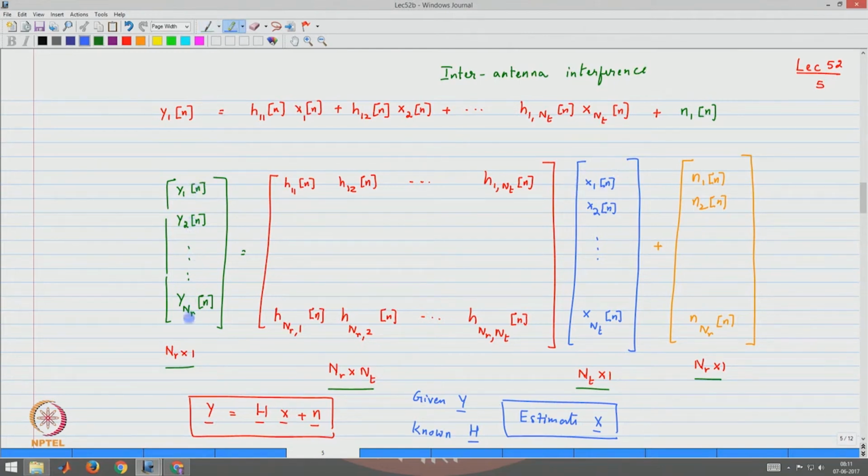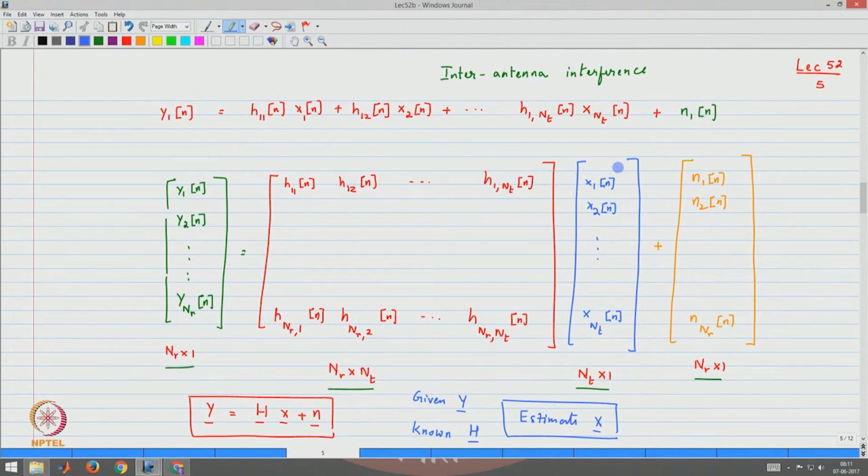In fact, in each of the NR observations, x1 is present. So, given this environment, what we would have considered as an impairment, inter-antenna interference, actually turns out to be to our benefit, because we actually have multiple copies or multiple observations of the transmitted symbol